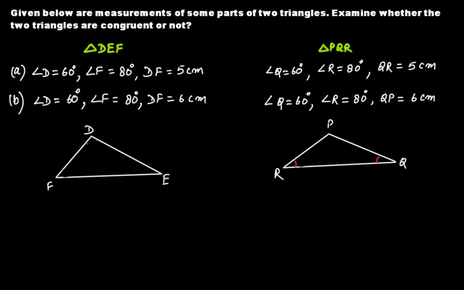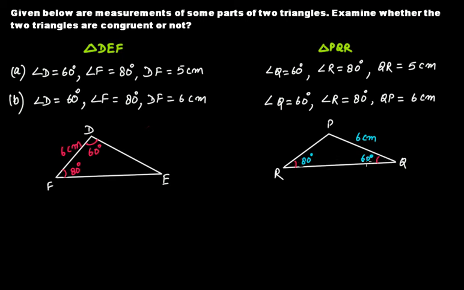Okay, in this case angle D is 60 degree, angle F is again 80 degree, and DF is 6 centimeter. Angle Q is 60 degree, angle R is 80 degree, QP is 6 centimeter. Now it's really very important that this QP is actually not the including side of these